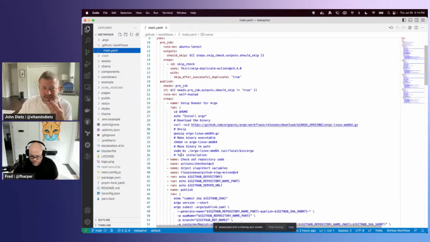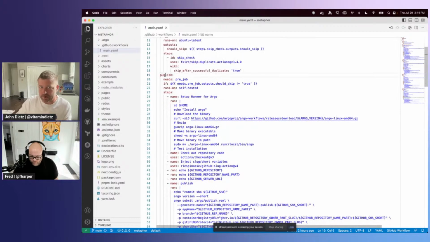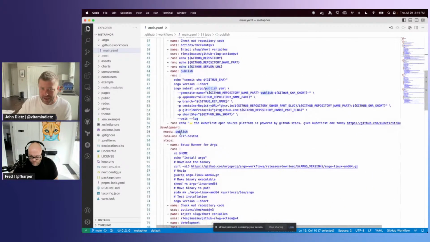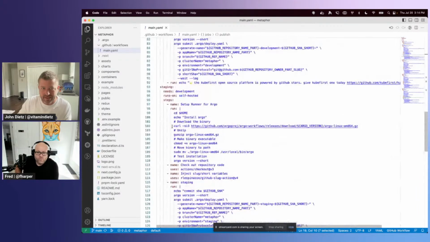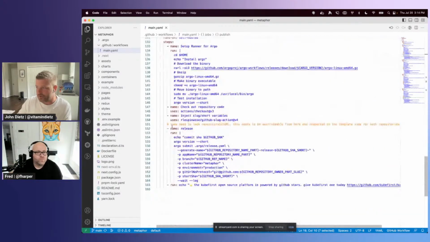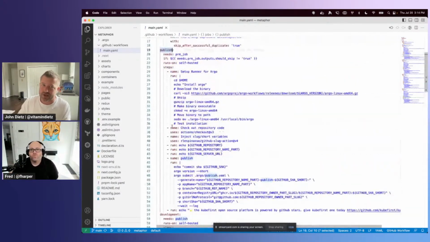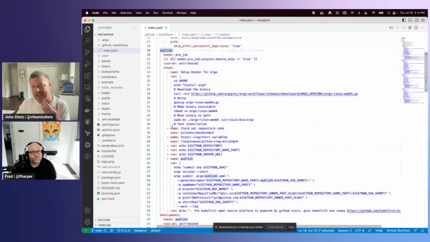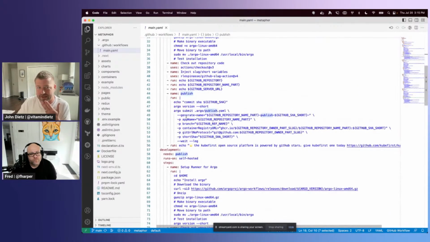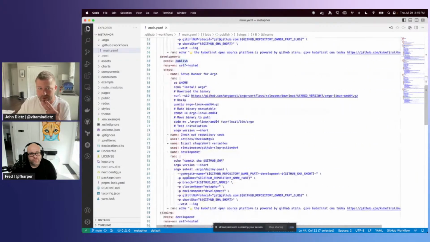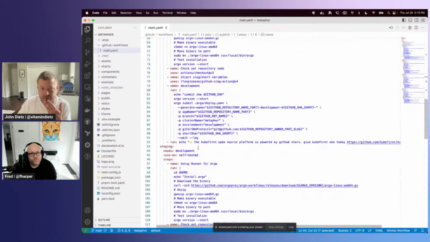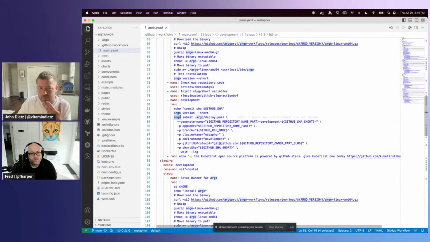So if you take a look at the steps that are a part of this GitHub workflow, this is basically just going to do a publish operation and then deliver to development, then staging, and then it's going to do the release. So it's a pretty straightforward workflow. And you can see if you look into the details that when we do our publish or when we do our deployment to development, really all we're doing are some Argo submit events.